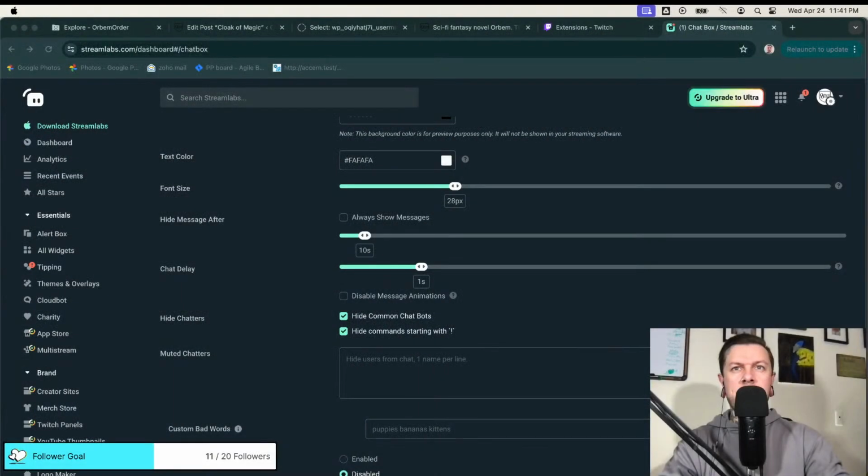Chat. Let's go to properties. And the width is just going to be like 600. The height's going to be like 100. Cool. So now that's the width and the height, 600 by 100. That should be good. Okay, now let's go back to the other screen, knowing that that's the size.